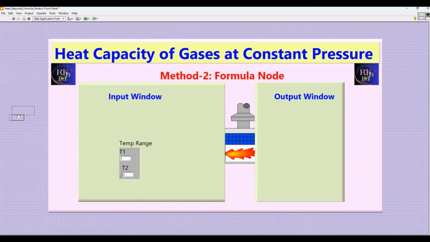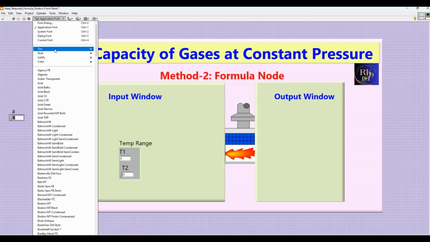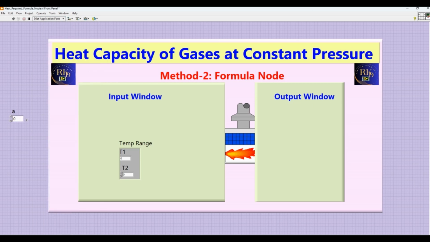Now again I'll take the controls for A, the same for B, next C, and last one, this is our D. One more, the total number of moles.